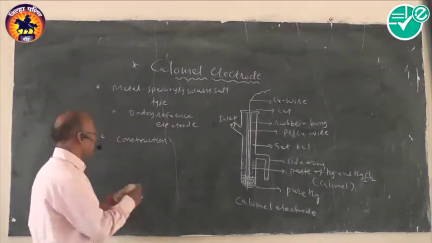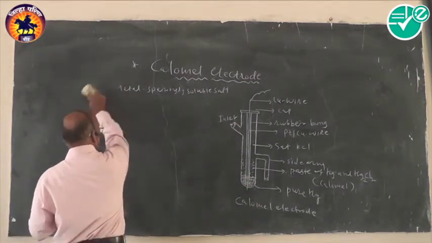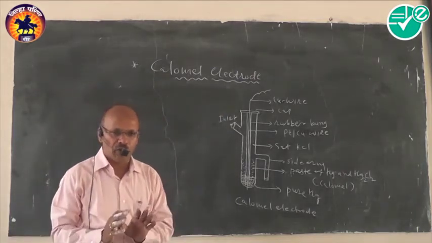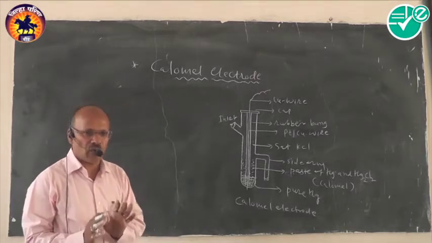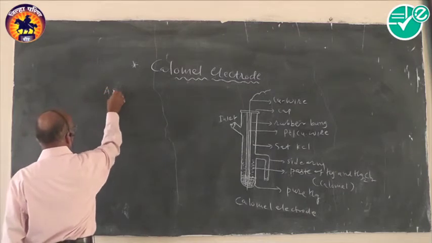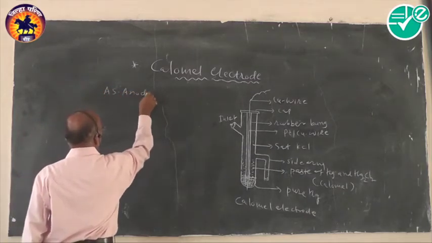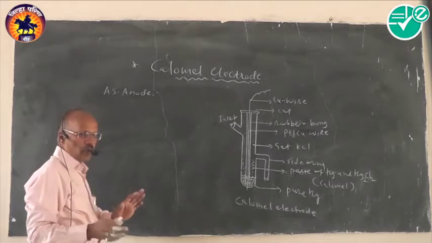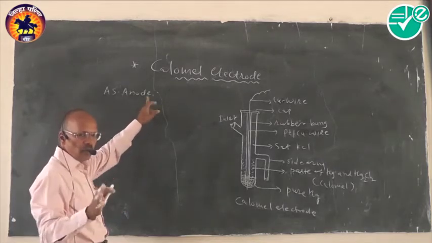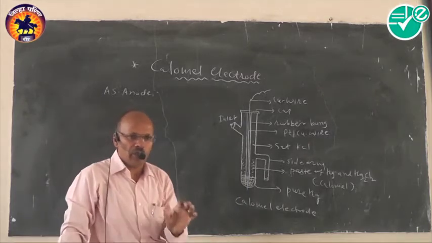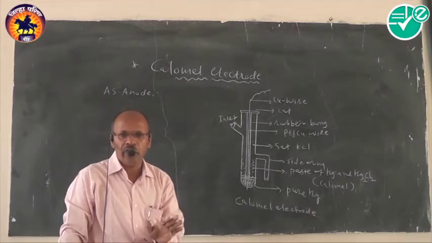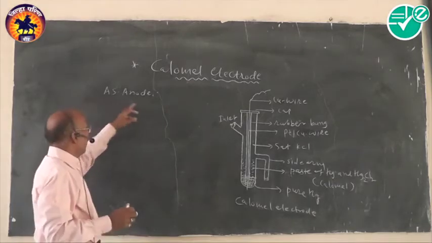Okay. Now in this particular case, as far as this electrode is concerned, it acts as an oxidizing as well as a reduction electrode. It acts as an anode as well as a cathode. Now how does it follow? It can act both as an anode and as a cathode. Now what are the reactions here? When it acts as an anode, it is connected with the other electrode, which has more electron gaining tendency. That is, it is connected with the cathode, and therefore it is acting as an anode.